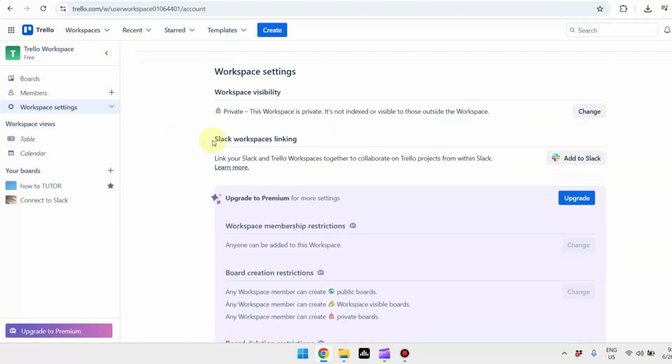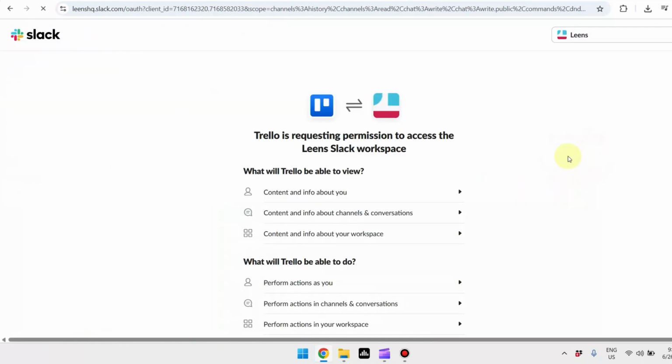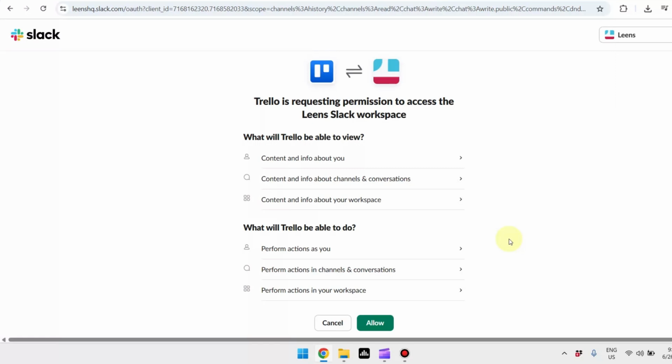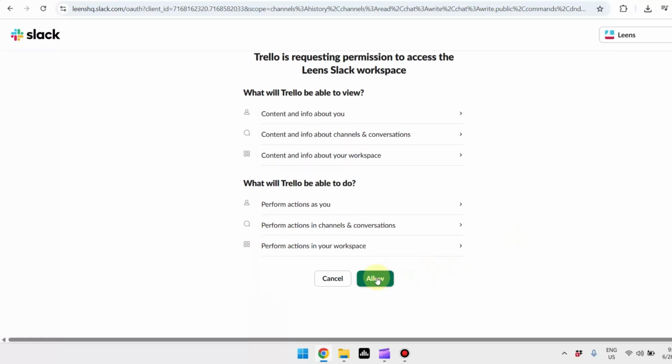So from here, you can easily see Slack workspaces linking. And for you to be able to connect Trello and Slack, all you have to do is click on add to Slack. From here, just scroll down, and all you have to do is grant access permissions by clicking on